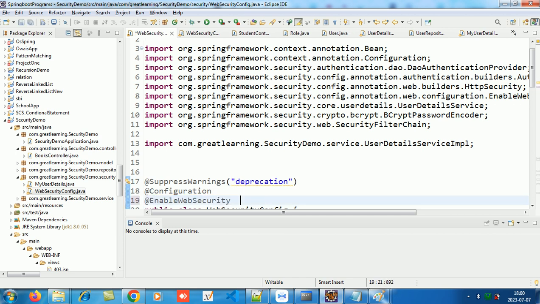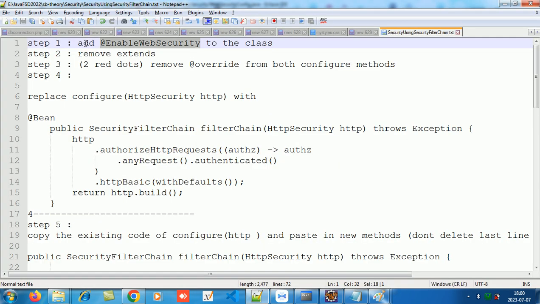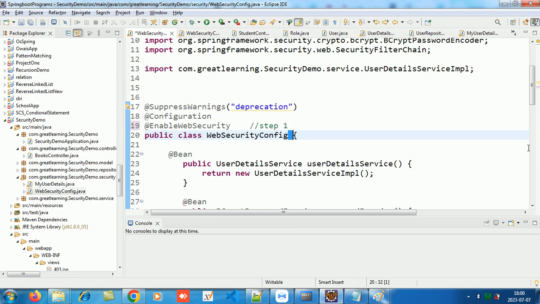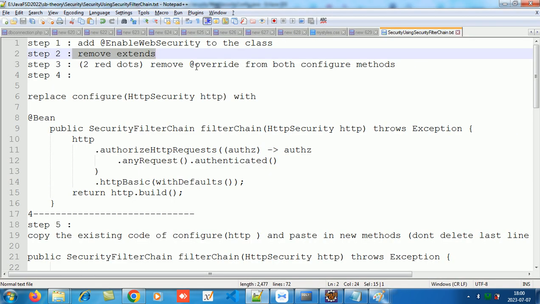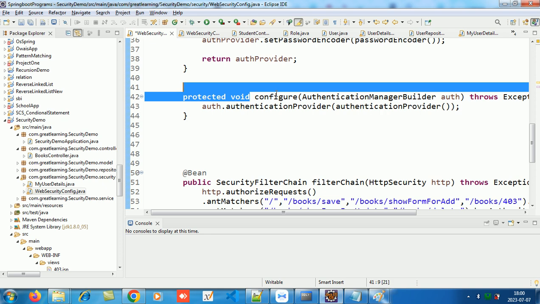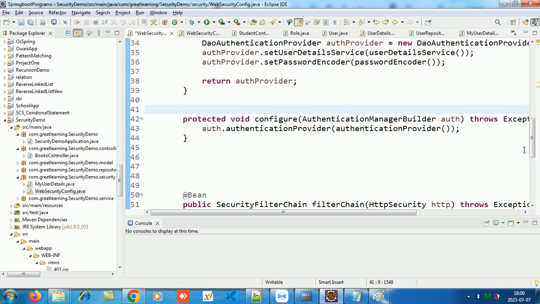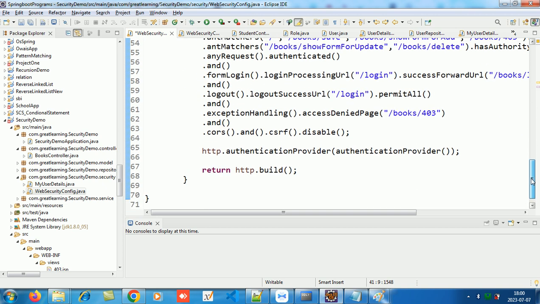तो पहले स्टेप 1 क्या किया उसको, उसको एनेबल वेब सिक्योरिटी किया। सेकंड, उसका एक्सटेंड्स पूरा निकाल दिया, क्लास का नाम वही रखा। सेकंड स्टेप क्या किया मैंने, एक्सटेंड्स रिमूव किया तो ओवरराइड होगा नहीं, तो जहाँ जहाँ ओवरराइड थे, वहाँ लाल डॉट्स आएंगे। तो जाके दोनों कॉन्फ़िगर मेथड्स से ओवरराइड रिमूव करो, क्योंकि हम अभी कोई क्लास को एक्सटेंड नहीं कर रहे। तो इसका कॉन्फ़िगर का भी ओवरराइड निकाल दिया और इस कॉन्फ़िगर का भी ओवरराइड निकाल दिया, ठीक है।